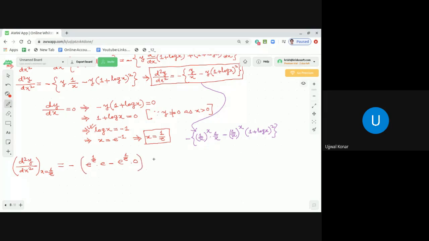Correct? So what we are going to get from here? We see that the value of d2y dx2 at x equal to 1 by e is actually minus e into e power 1 by e, which is less than 0. So what we can conclude? We conclude that at x equal to 1 by e, the function has maximum value. So from here what we can say is that at x equal to 1 by e, the function that is 1 by x power x